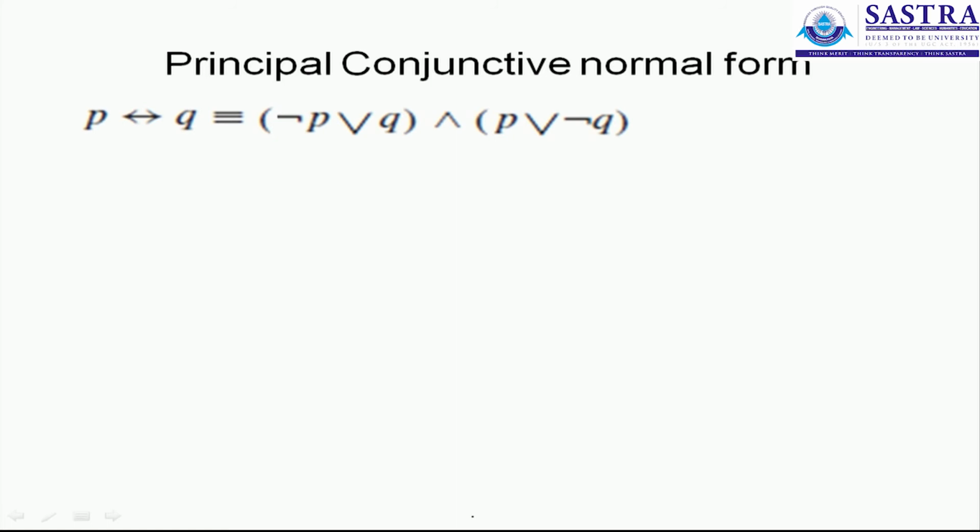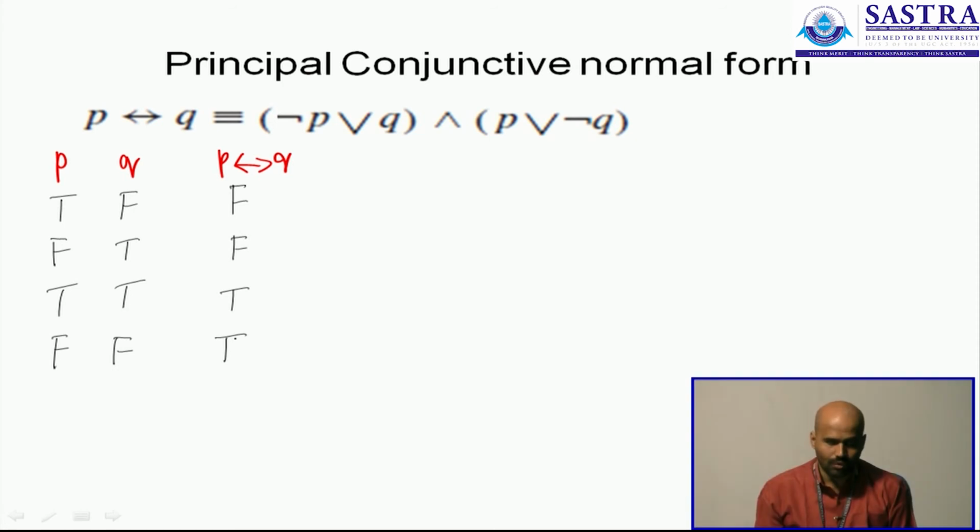Look at it. You have P and Q in a biconditional. So the answers are easy. TF, FT, TT, FF. You know how a biconditional works. You will identify only the times where they are similar. They are similar in the last two rows, not similar in the first two rows. So the first two rows are false, the last two rows are true. This is not a tautology because not all of the outputs are true values.